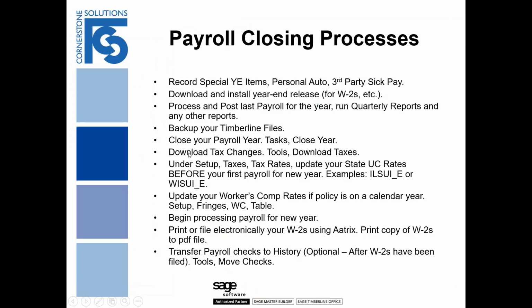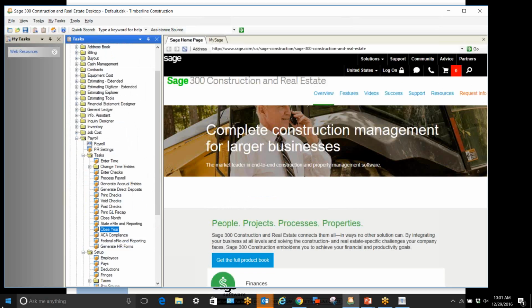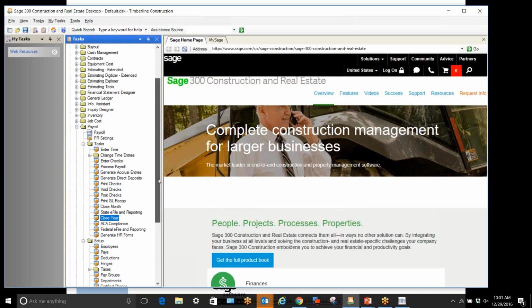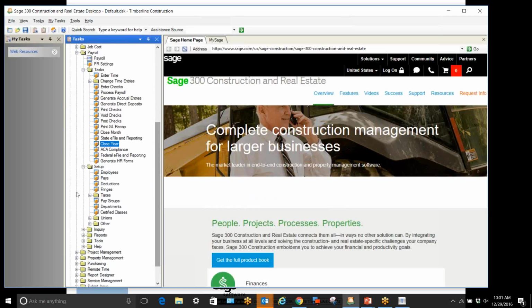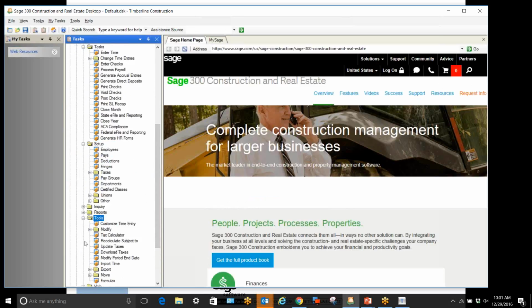Before you start processing your 2017 payroll, of course, you're going to want to close the year, but the next thing you're going to want to do is download the taxes. So let's go through how you do that. It's in payroll, and it is under Tools, Download Taxes. So I'm going to launch that, download the taxes,